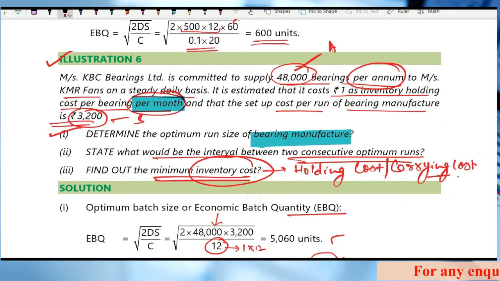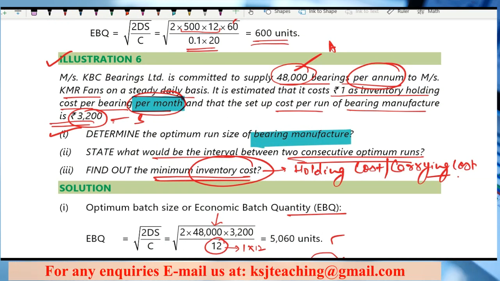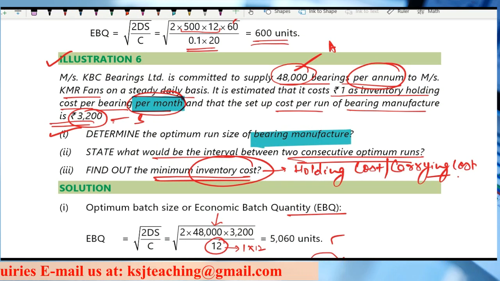Question number 6 done. So with this, the chapter of unit and batch costing is complete. The rest of the questions I have covered in the ICI SM series. Hindi series already available, English series coming up very soon, sir. So you can join the SM series. That is going to be really helpful for you people.